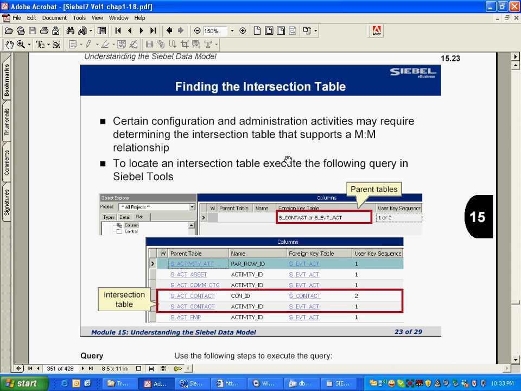Third is, this is an okay way. This will be my third way. The fourth way will be that there's a way to go in the tools and find out